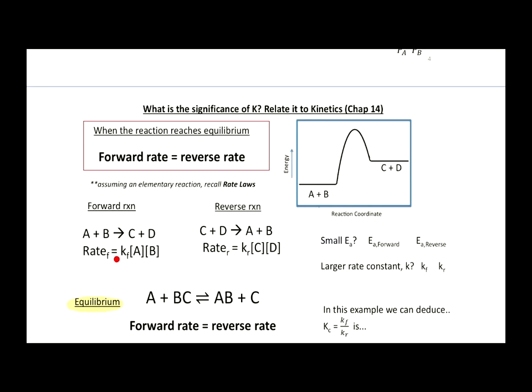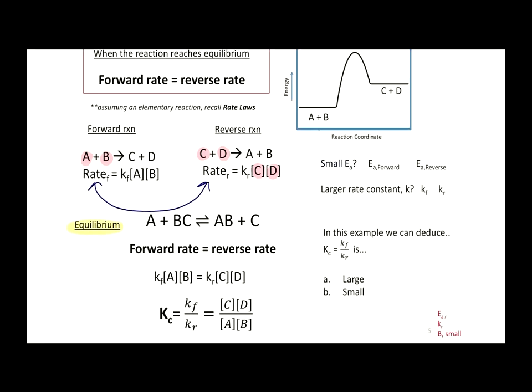So the rate law for the forward reaction is rate equals k, the rate constant, times [A] times [B]. But is the rate law for the reverse reaction the same? No, it's not, because in the reverse reaction the products are now the reactants. So in the reverse reaction, see how C and D are now in the rate law? Okay, great. So this is how equilibrium works: we say again that the forward rate is equal to the reverse